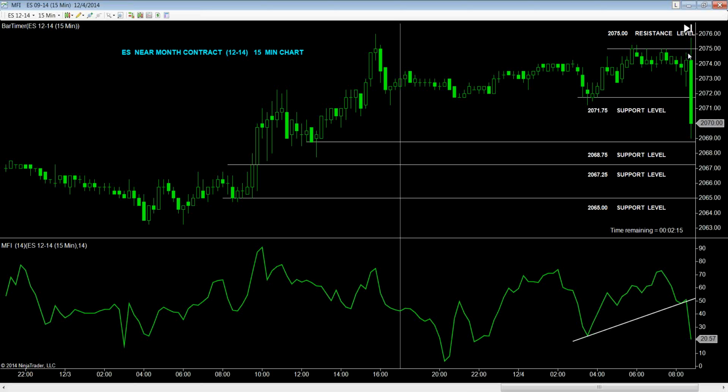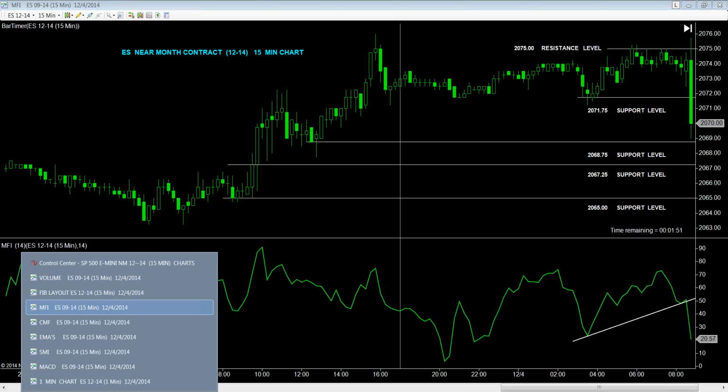Now, prices had traded up. The blow-off came in to the upside after resistance couldn't get traded through, once again, at 2075 on a close. Turned around and moved to the downside, penetrated the floor level on a 15-minute chart at 2071.75. This is key. Now, at this point, we're going to take a look at the Chaikin money flow, a longer-term